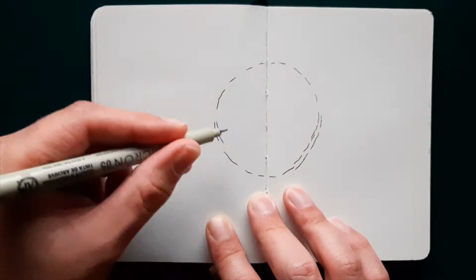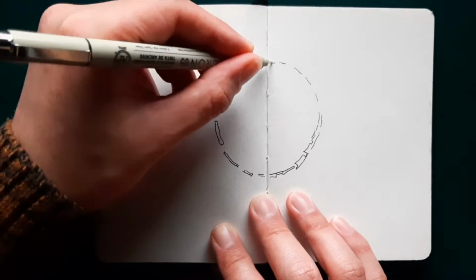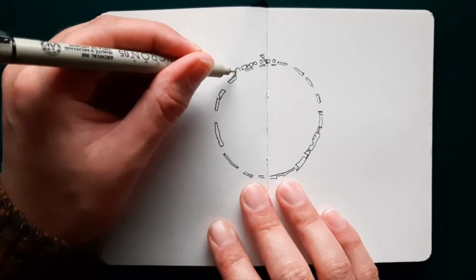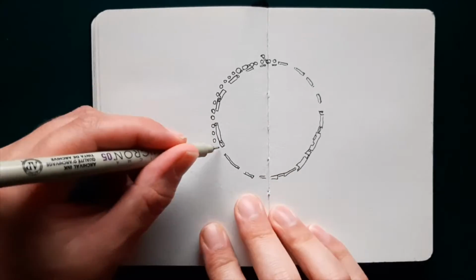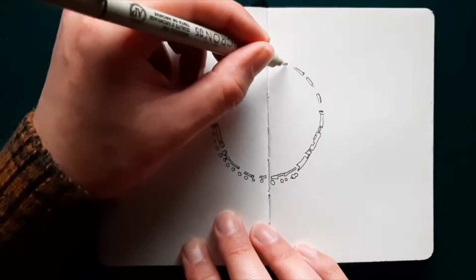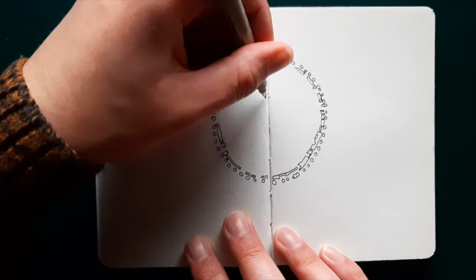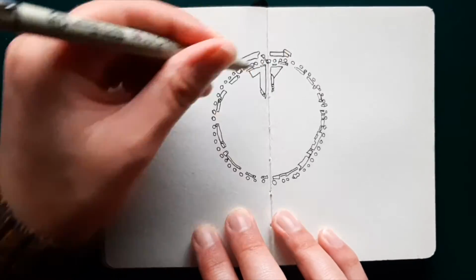Okay, so for this entry I had this picture in my mind for a couple of days and I thought today's the day to do it, and I wasn't exactly sure how it would go. When I say the picture in my mind, I don't mean literally I could see a picture, because some of you may know I have aphantasia, so I can't actually picture things, but I had this idea in my mind, and I kind of have concepts that I don't actually see but I contemplate and consider, and it's more of what I think could create an interesting